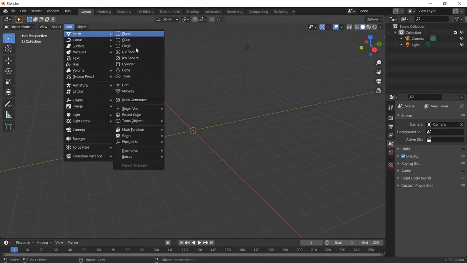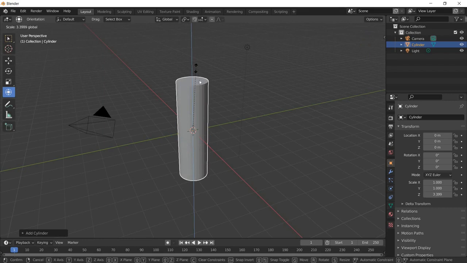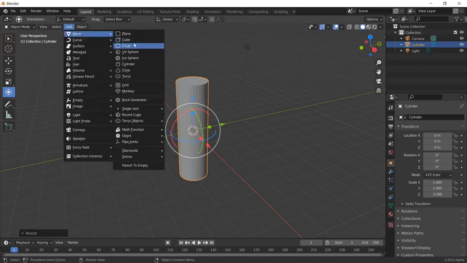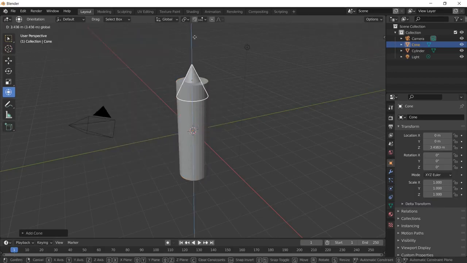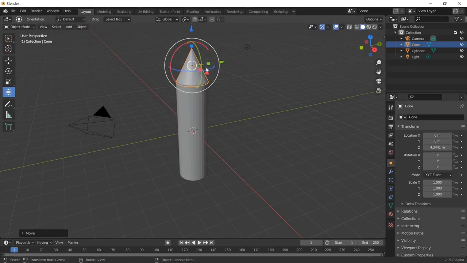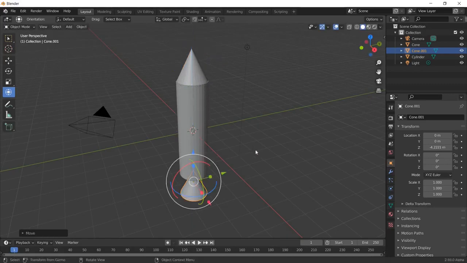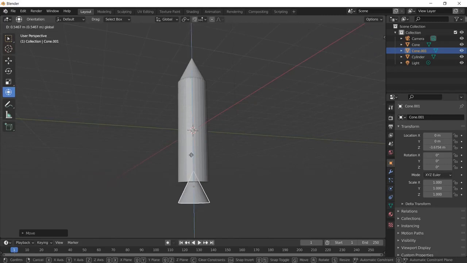So click Add Mesh, Cylinder, and this cylinder we can make it a little bit big like this, and then click Add Mesh, Cone. We can bring the cone towards here, and we can duplicate this cone by Shift D. Click Shift D on the keyboard and bring this cone down. So this is just a simple rocket for the moon mission,